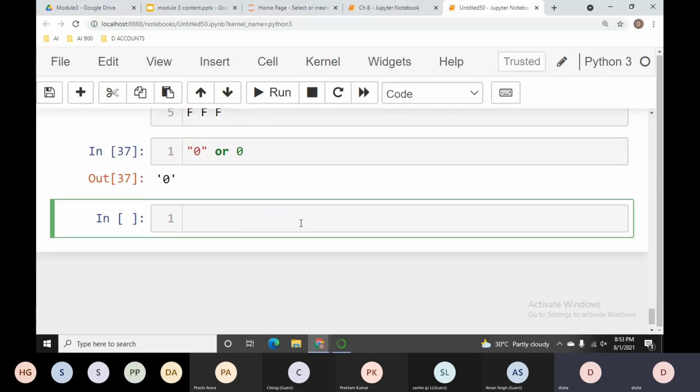Right? Now let us take some conditions here. I say 9 is less than or equal to 0 or 5 is not equal to 9. Yes, guys. Now let me know the answer.